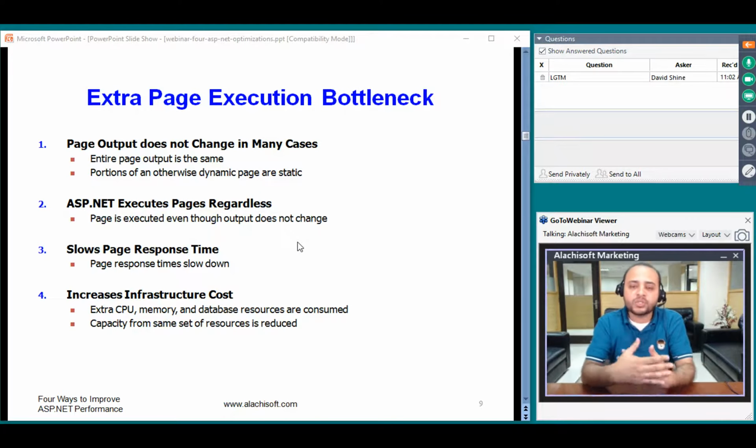Now, the fourth bottleneck within the ASP.NET web application applies to web forms as well as MVC. Your ASP.NET page output may not change. Again, I'll give an example of an e-commerce application where you have product catalogs, and there are pages specific to those catalogs. Those products may not change over a period of 24 hours, or for a few hours, let's say. But you're still executing those requests, and if there is a backend database involved, you always go